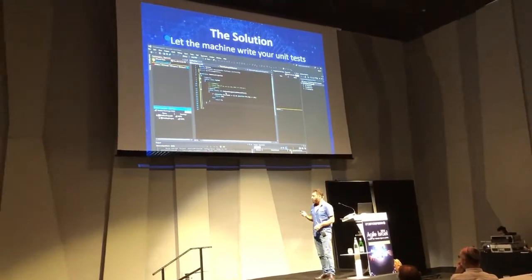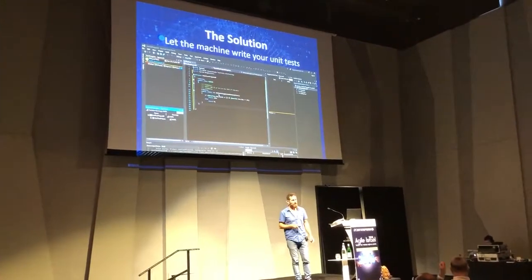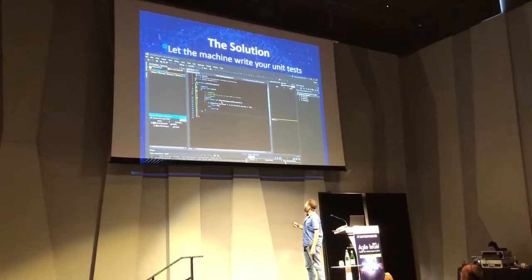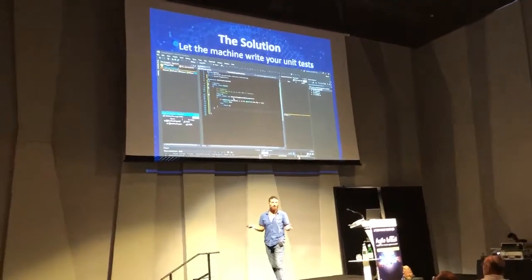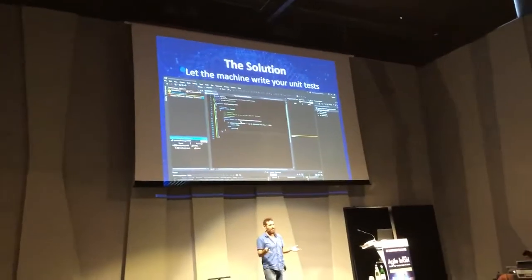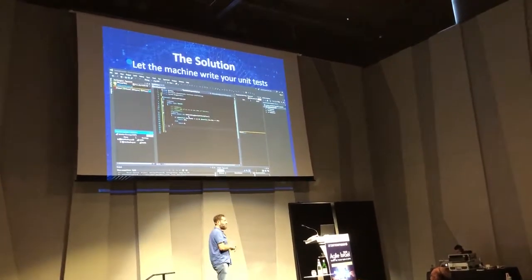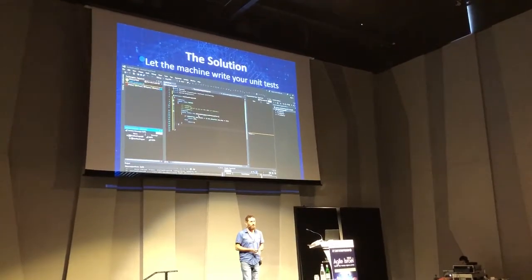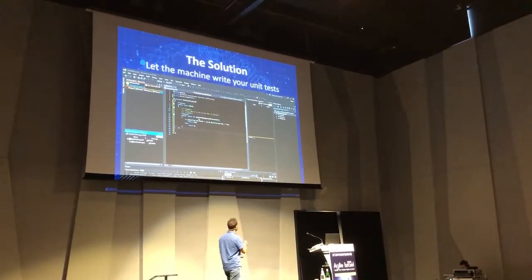I'm going to show you a very fast video of something that can actually happen. This is real code that can be covered by unit tests. It's a simple method that does something special on a leap year, which is really hard to test because you have to test the 29th of February. It happens once every 4 or 8 years, depending on the year. If you want to test it, the QA would have a lot of trouble, and unit tests are perfect for this kind of thing. And you can either write this manually, or you can just click a button.